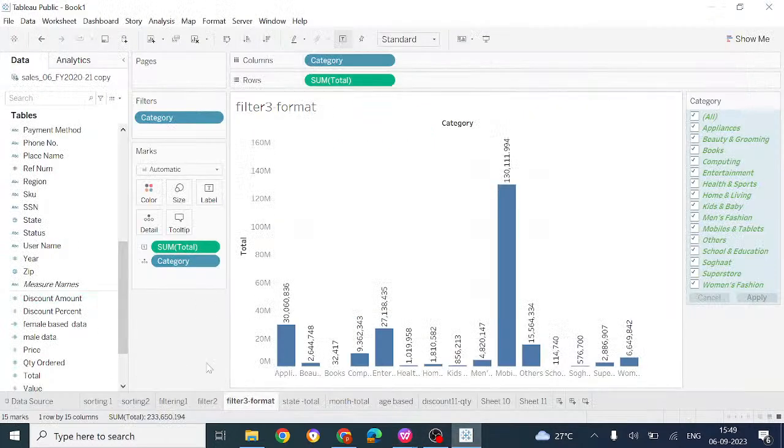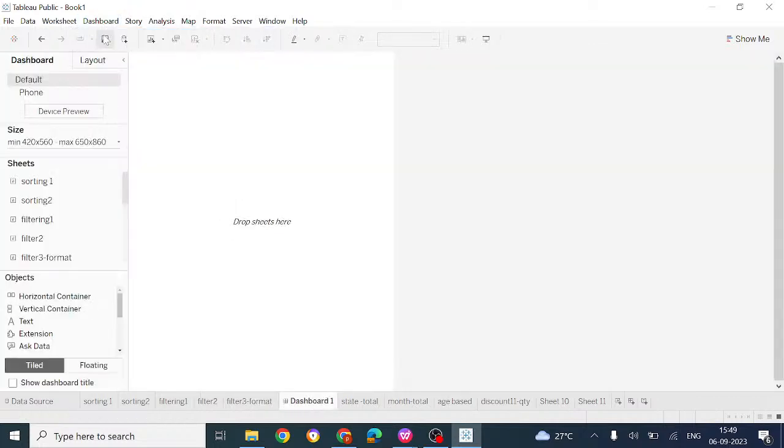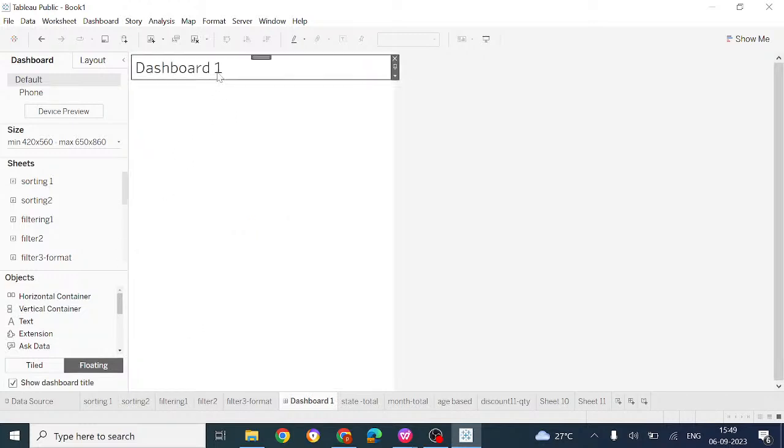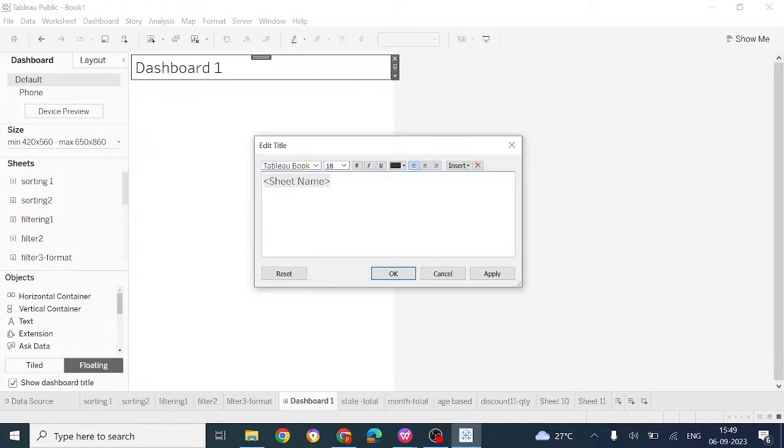So if you want to create the dashboard for all those things, click on the dashboard and go to the new dashboard. Yesterday we created the same thing, only how to create the dashboard, but you have to click on the floating, then only the floating values will be displayed here. Show dashboard title, then you can give the dashboard title here as you need. So today is about customer sales